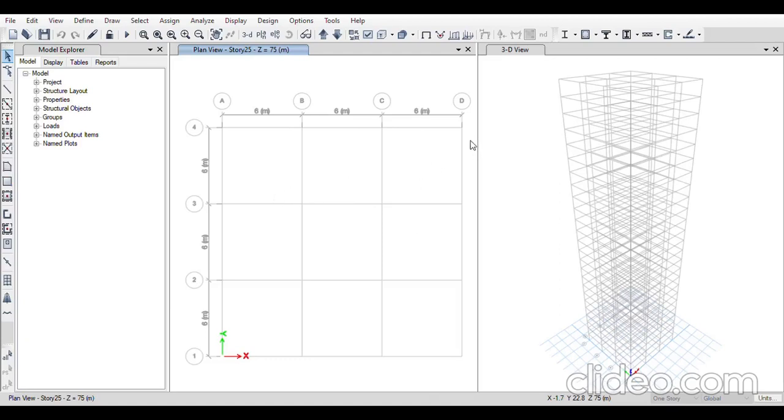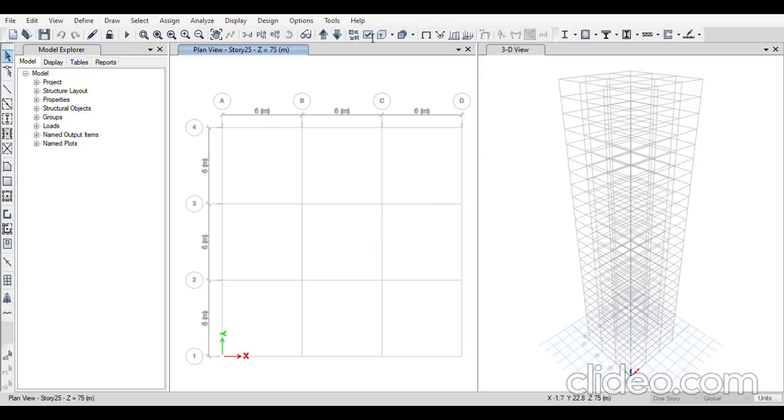And I'll take another one, add copy of property, because I have three beams with different dimensions. I'm defining each one of them. I'll change the depth and width of the beam as I did earlier, and I'll click OK. Now I'll take add new property, in which I will use auto select of beams and columns. So I'll use this concrete rectangle, in which auto select list.